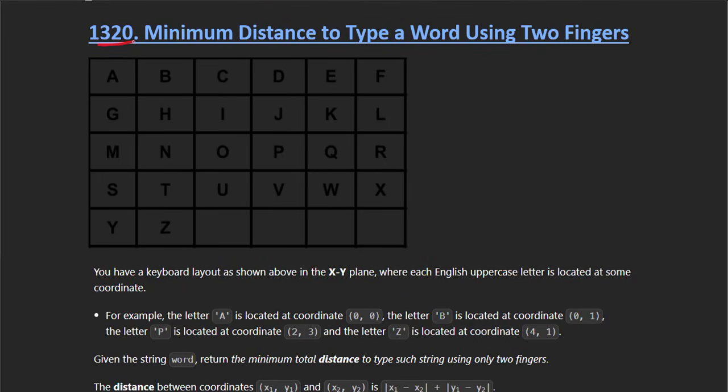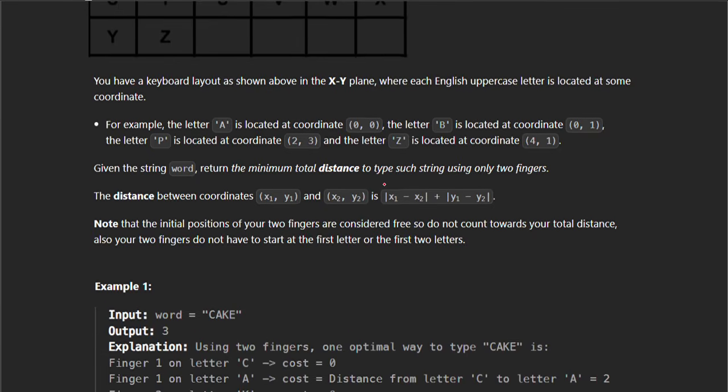So our today's LeetCode question is 1320, and this is Minimum Distance to Type a Word Using Two Fingers. Basically, in this question we are given a keyboard having this representation, and all the characters are present as shown in this figure, like this is our keyboard figure, right? And what we have to do is, we are given a string word and we have to type that string using this keyboard, and we have to return the minimum total distance to type such a word, and we can use only two fingers, right?